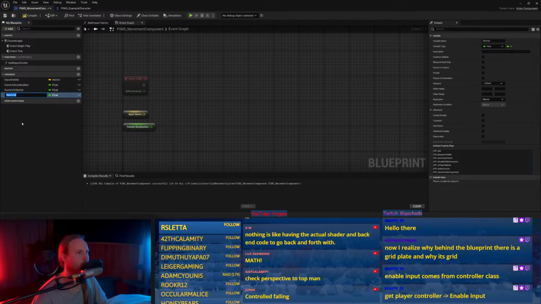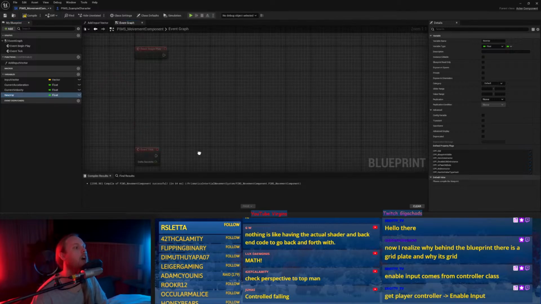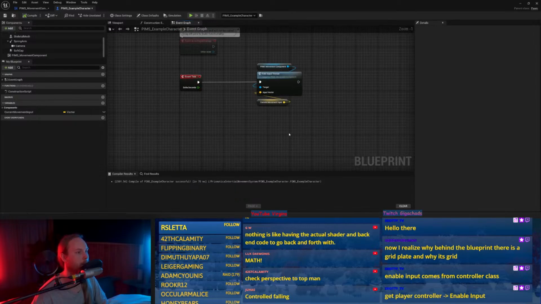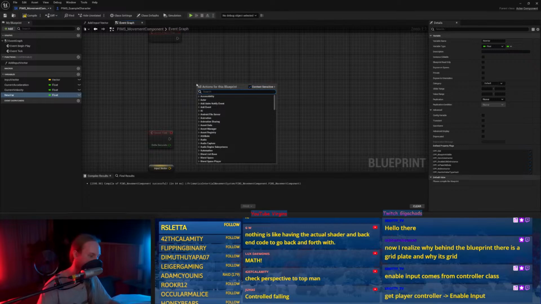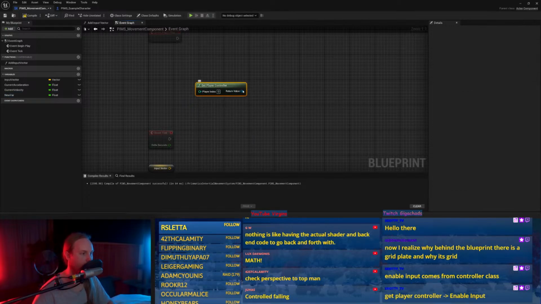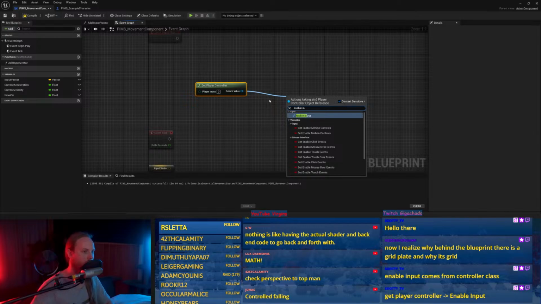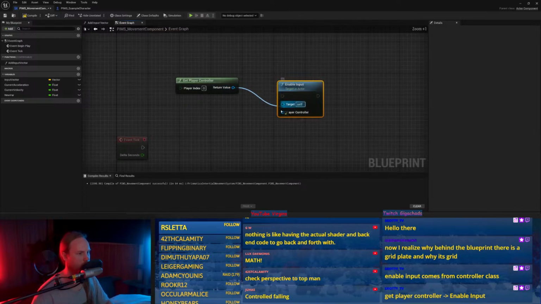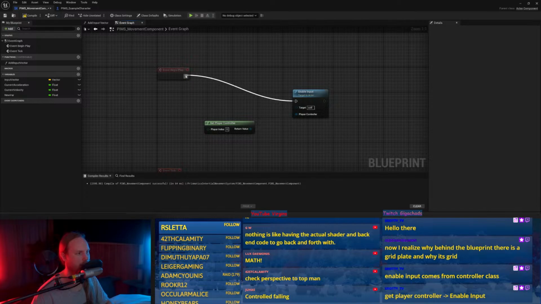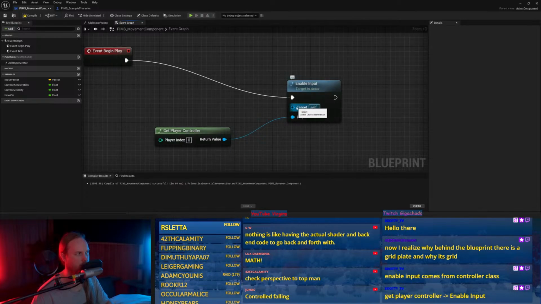Get play trigger, enable input. Oh, yeah, no, I remember now. So I'd have to go get controller 0, enable input in this component. Oh, no, that's an actor object reference.